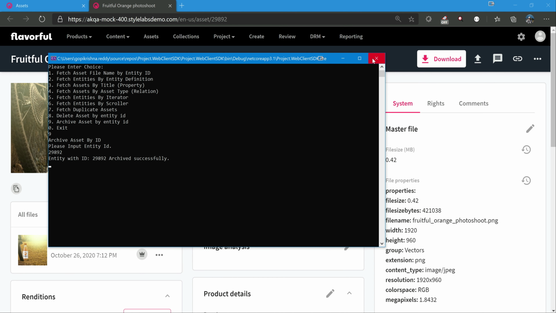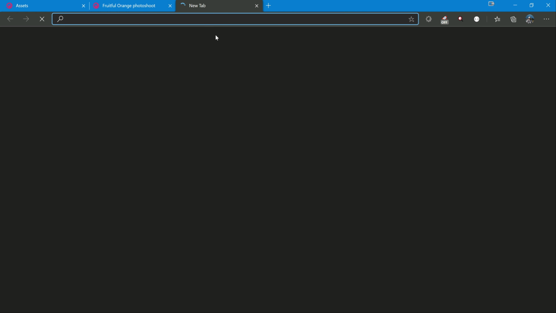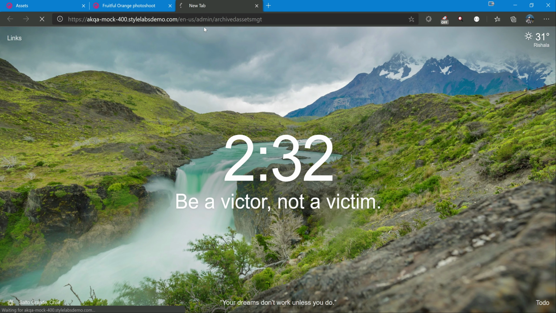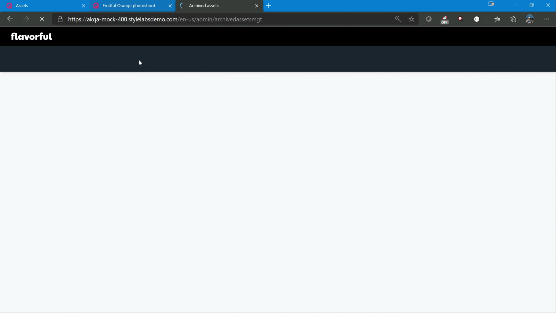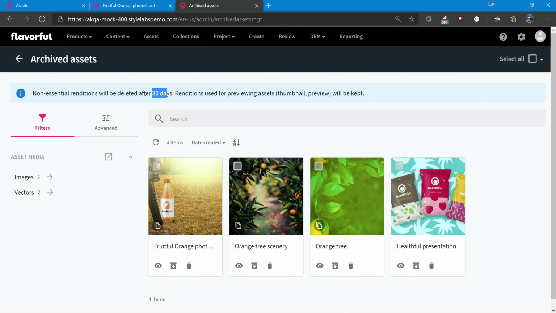So let's close this now. It should have this fruitful orange photo shoot here in the archived. Again, you see, notice here it changed to 30, and again fruitful orange photo shoot.